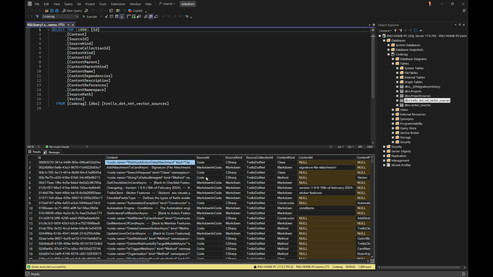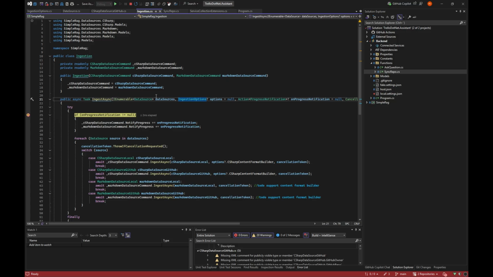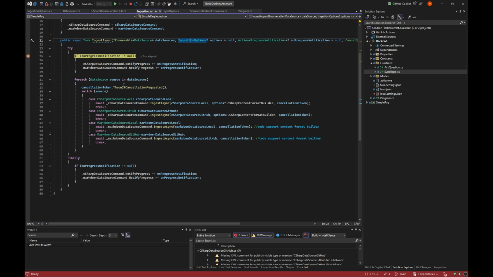So for example, if I find a method here and show it to you, this is what we are vectorizing, and I will explain why this format is the way it is in a second. And this is essentially just a setting that makes it possible to say, I don't want it like that, I want it in a different way with more information or less information. We set up some events for some notifications that we need to pass along, and then we just start the different sources.